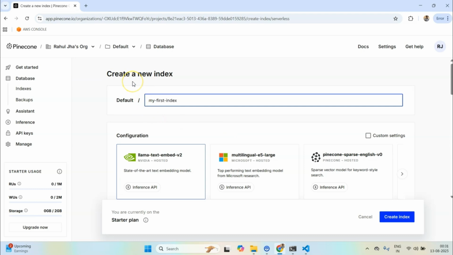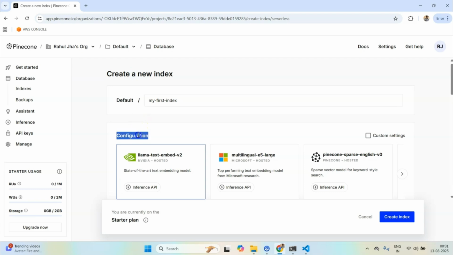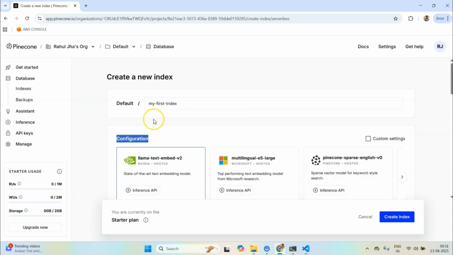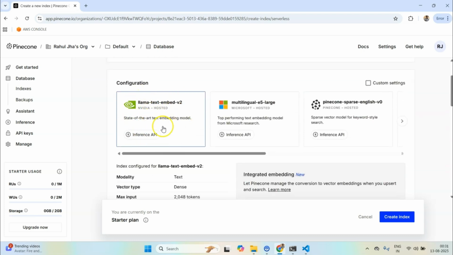And now the nice thing about Pinecone, or at least nice for some people, though some might not like it, is that they provide you with an option to choose an embedding model. Usually the way vector databases work is that you create your own embeddings and push those embeddings into vector databases like Qdrant, for example. Although Qdrant also offers an inbuilt embedding model, that is something offered as an extension. But by default, it has chosen this Llama text embedding model.